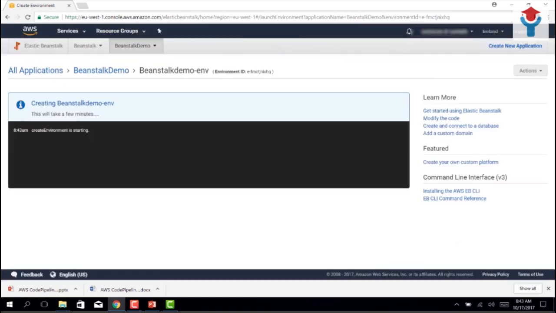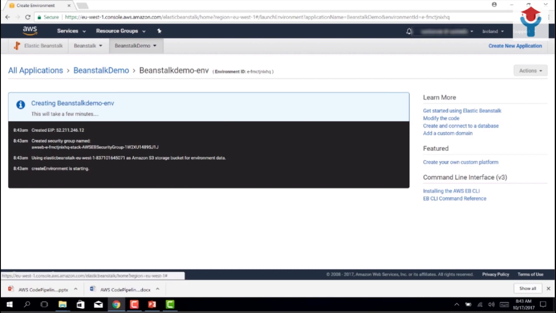What the system is doing right now is creating the whole environment, all the instances which are required, all the networking environment. If your application requires a database, if your application requires something extra to be deployed in high availability, all the steps are going to be performed and displayed here in this log. This is something that can take about 5 to 10 minutes depending on the size of your application, sometimes even more. To speed that up, I have already created an environment with the exact same code that you can use, and this is what you're going to see